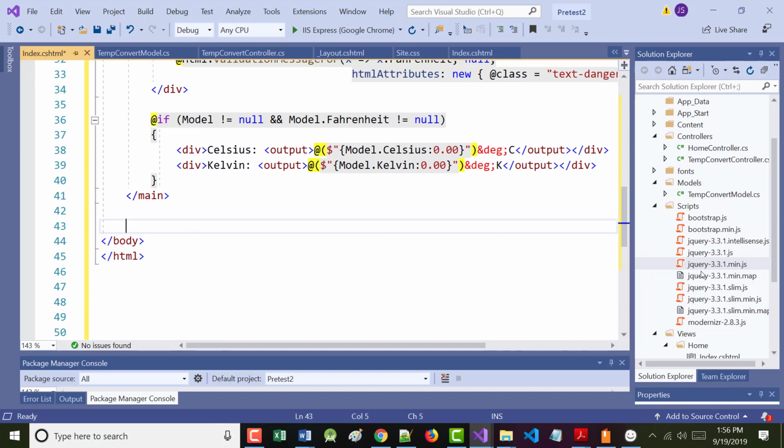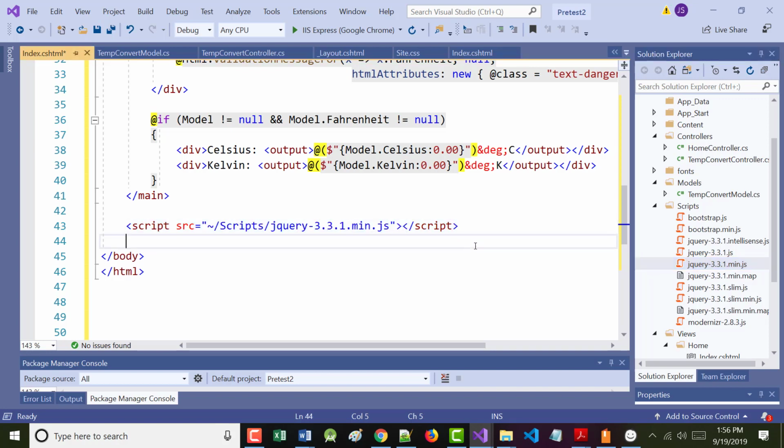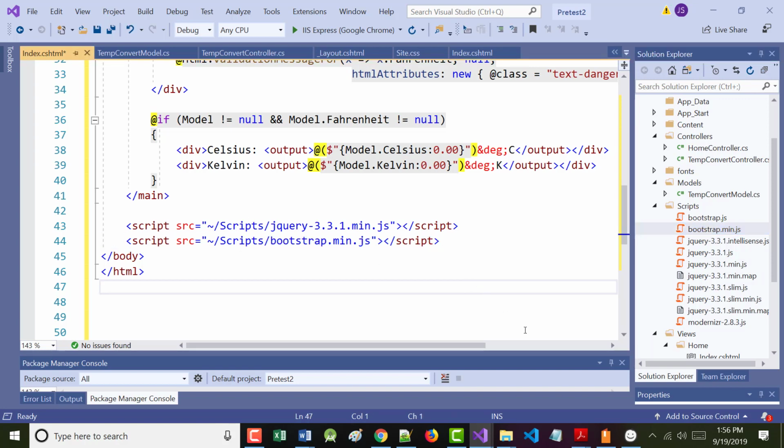All right. But I want to just take that file and drag it here. So that'll add that one. And I also want to add the Bootstrap min.js file. Okay, and there's Bootstrap min.js right there. The order does matter. Make sure you put the jQuery one first and then the Bootstrap one. All right. After you have done that,